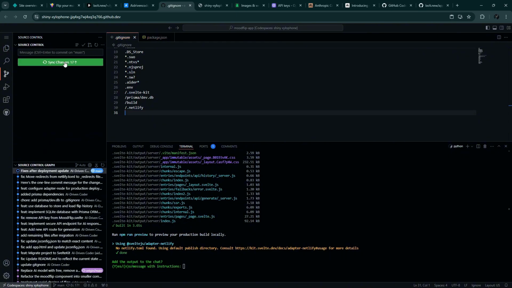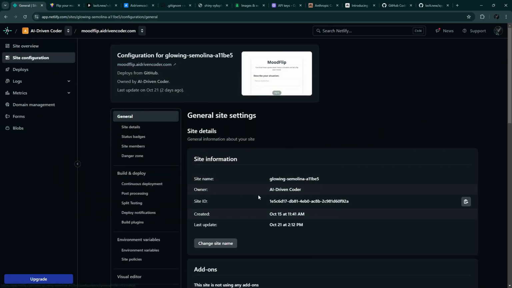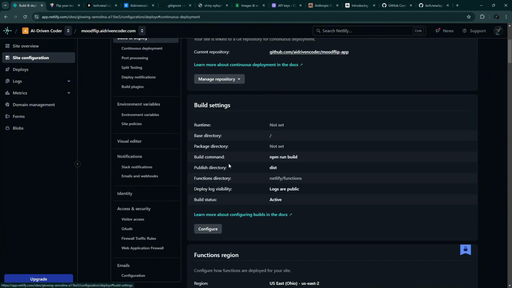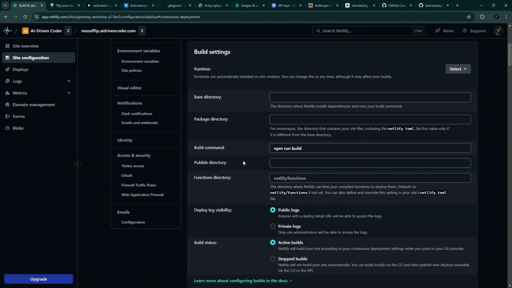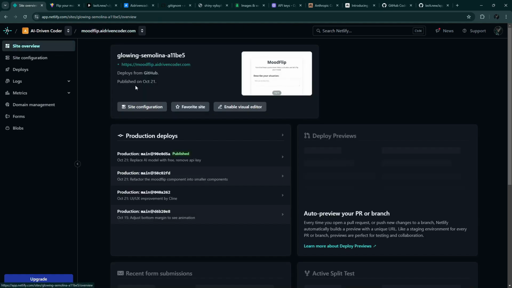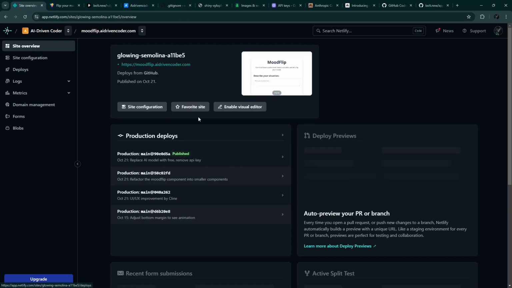Okay, before we push, which will trigger the deployment, let's go to Netlify and make sure that the site configuration is correct. Let's go to the continuous deployment section, configure the build settings, because currently the published directory is pointing to the disk folder, but that is not existing anymore. We can leave it as is because it will default to build, and let's just save. Let's go back to the site overview, and now let's sync the changes. Okay, the changes have been synced, and this will trigger a deploy automatically if everything works as expected.